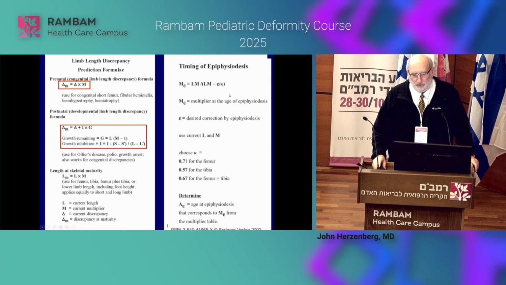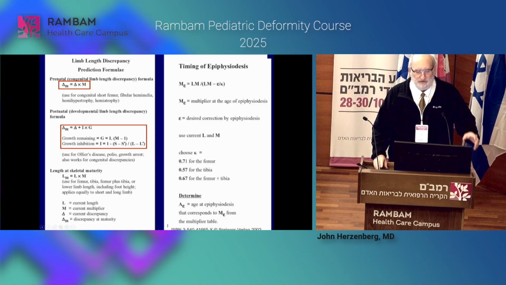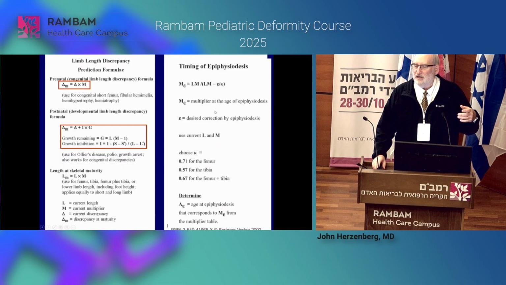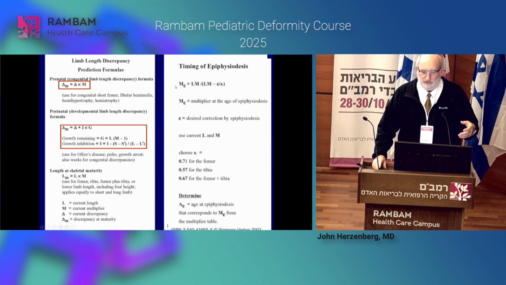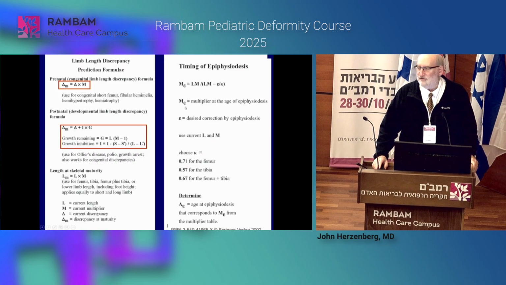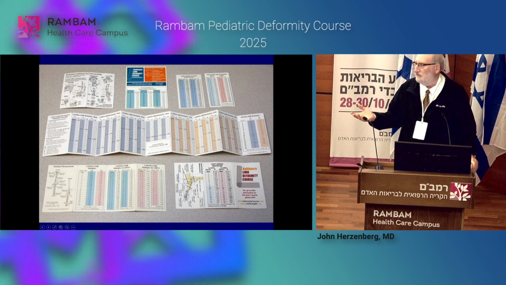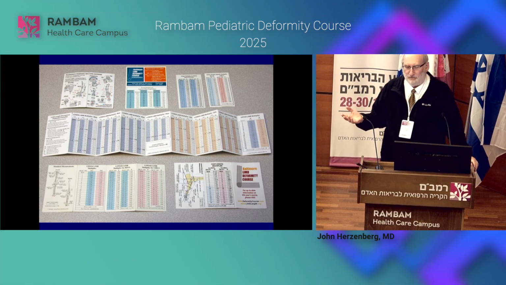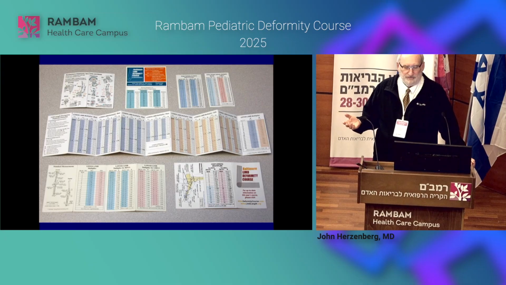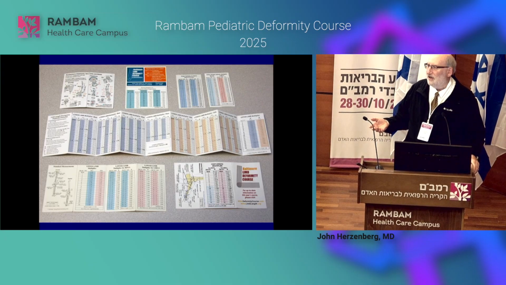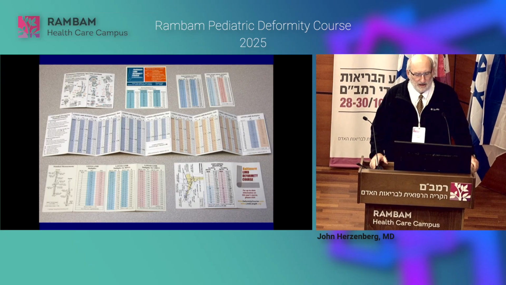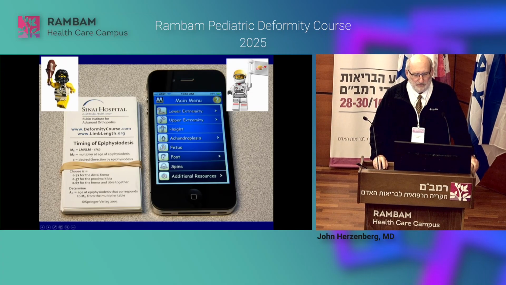We derived a whole bunch of formulas as to, given this information, how to use it to calculate timing of epiphysiodesis. And you get these very complicated formulas that we used to teach at our courses, and we would give people these multiplier cards. There was a card for the leg, there was a card for the arm, there was a card for sitting height to represent spine and height, and people would carry around these cards in a rubber band, and have to do these complex calculations.